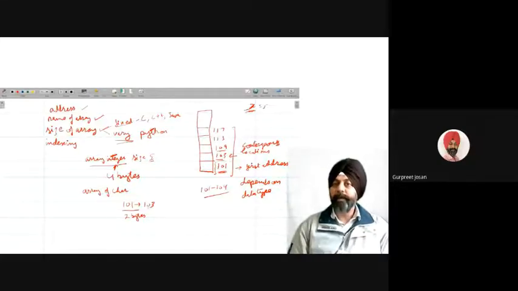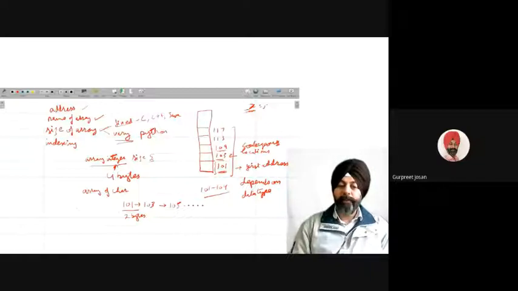One character will require 2 bytes, so 2 bytes for every location will be allocated. So first address, if it is 101, then the second address will be 103 and the third address will be 105 and so on.